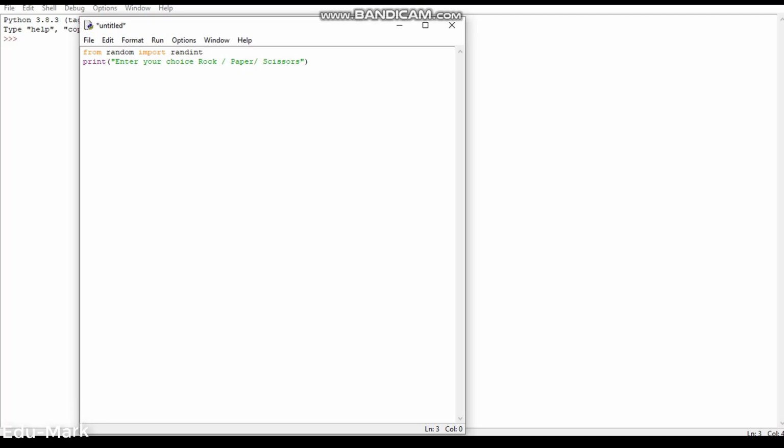Then we want the game to continue, so I will use a while loop. Before giving the while loop, we have to make sure how we want the game structure to be.